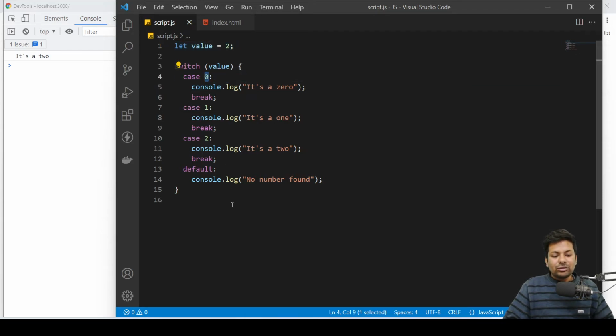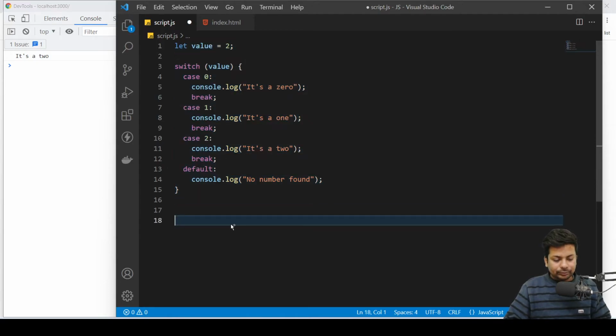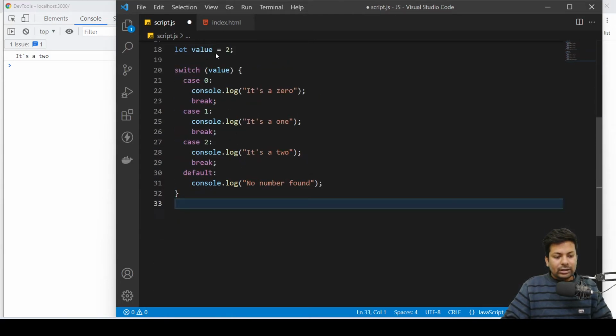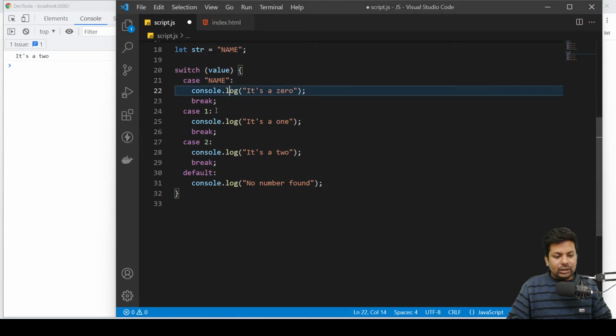So it's not just with numbers. Suppose you have any string, let me copy that, and here I'll just say any string. What can I write? I'll say name, in capital. Suppose the case is name, then say it's a name.